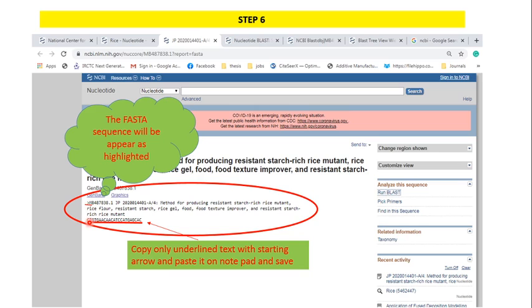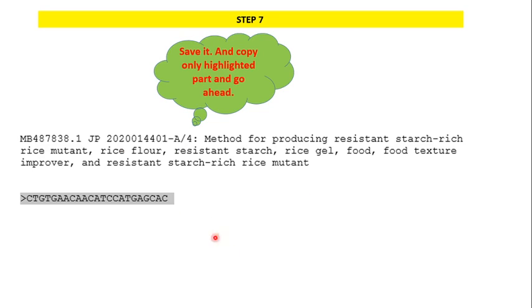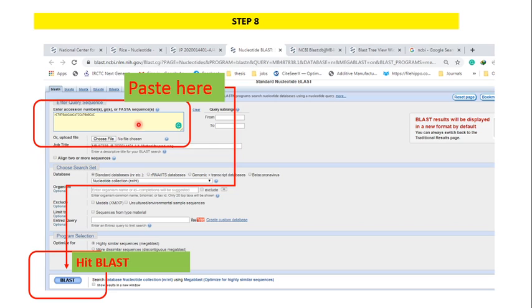Save this sequence in Notepad or Microsoft Office. Now I have saved these sequences, you can see here, clear. Now these sequences are pasted in another tab, that is BLAST, clear. You run BLAST for those sequences.